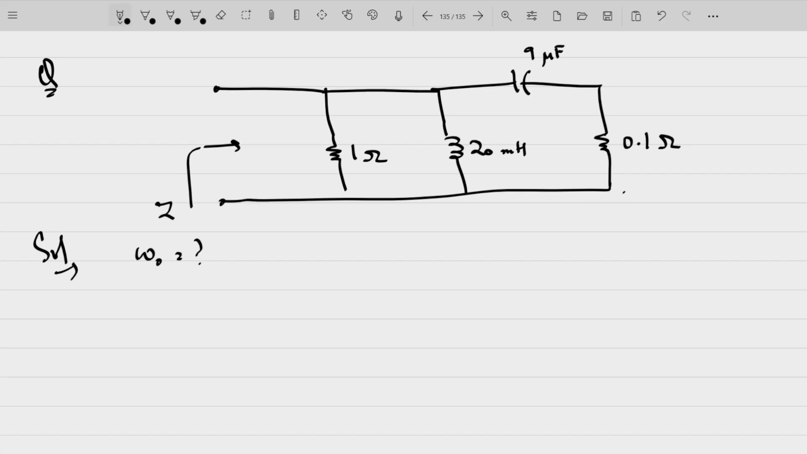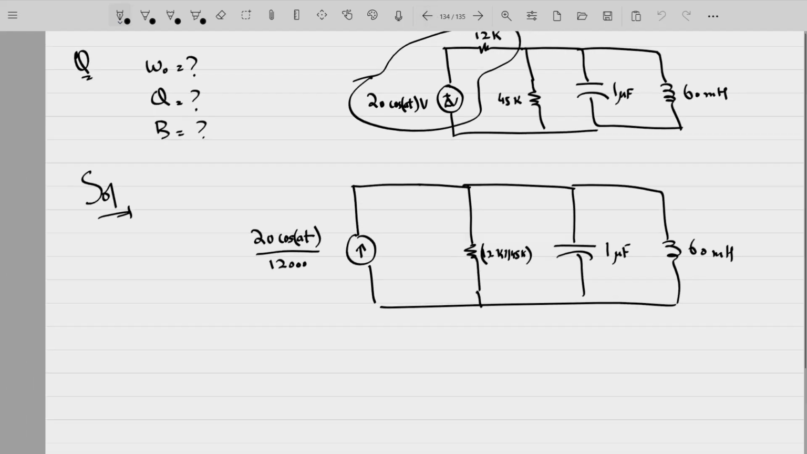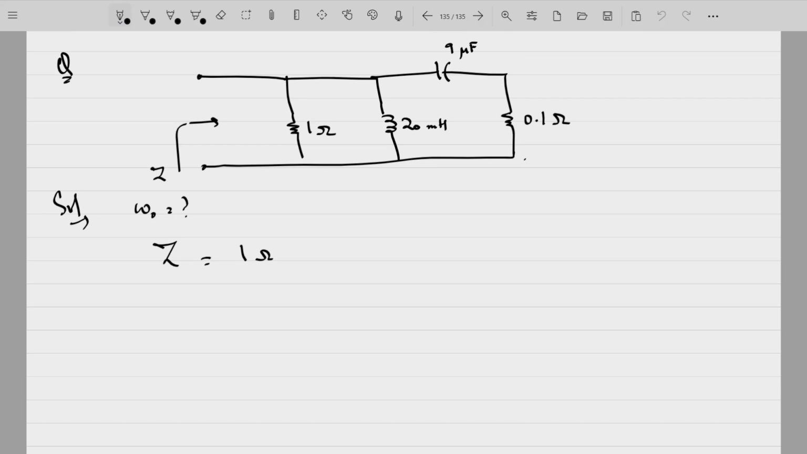So we can find out the impedance here. What is the impedance of this particular circuit? It is 1 ohm. We can find out the admittance and find the resonant frequency from there. Let's find out the impedance of this particular circuit. So we have 1 ohm